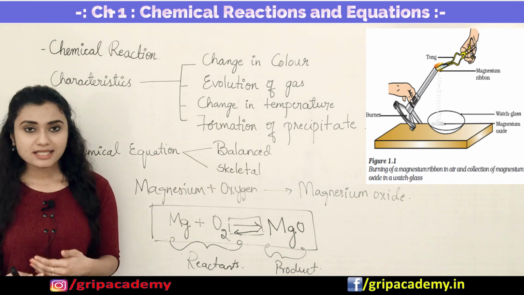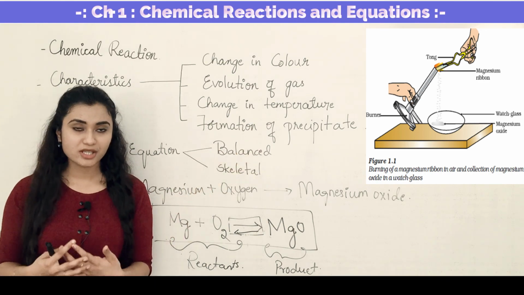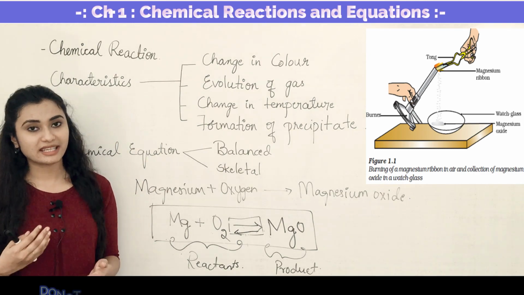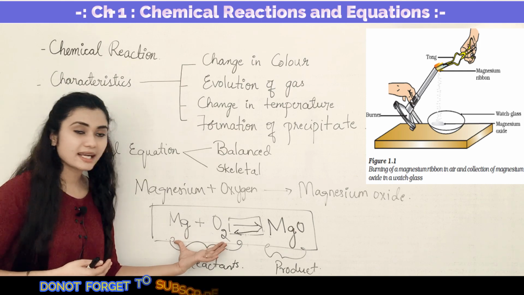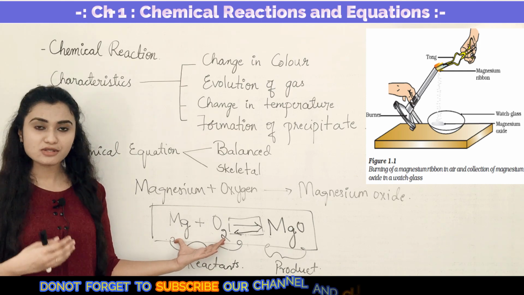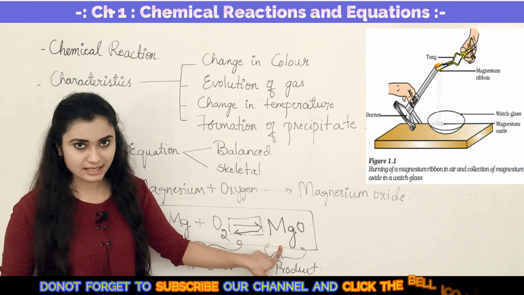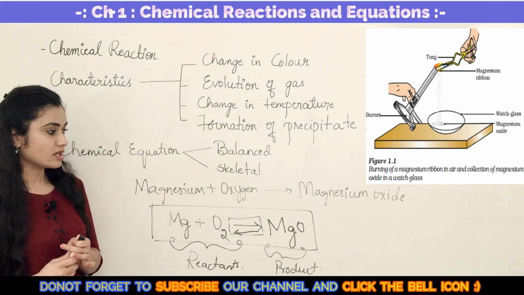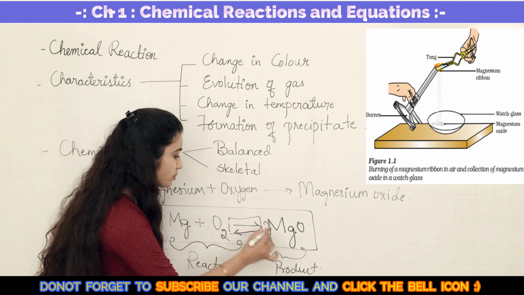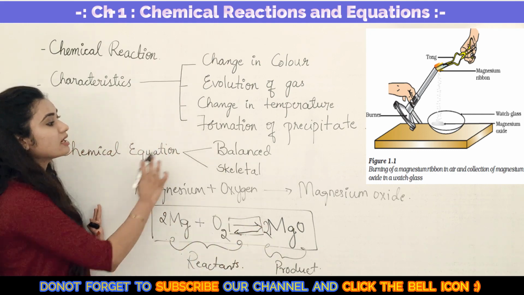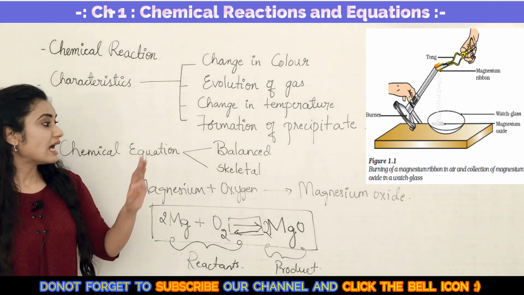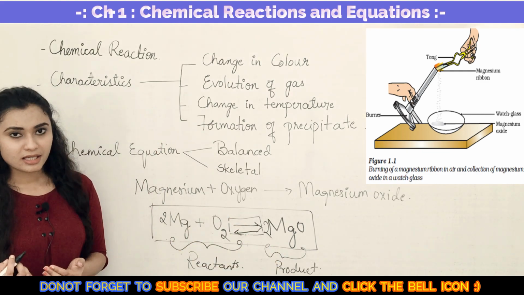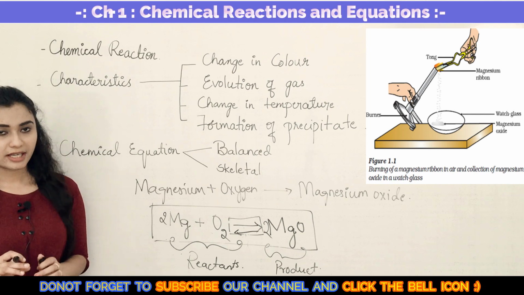On the other side, a balanced chemical equation is a chemical equation in which the total mass of an element present on the reactant side is equal to the total mass of the elements present on the product side. Okay, so this we call a balanced chemical equation. If I just write 2 and 2 over here, it will become a balanced chemical equation. I'll explain how I wrote this and how to balance chemical equations.